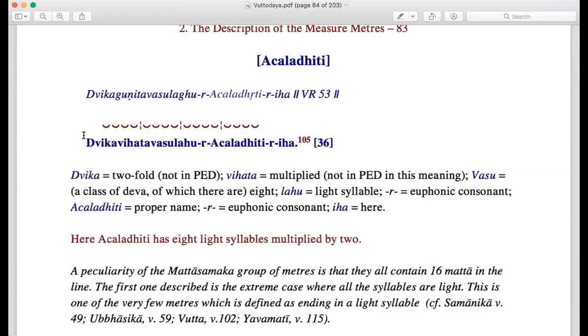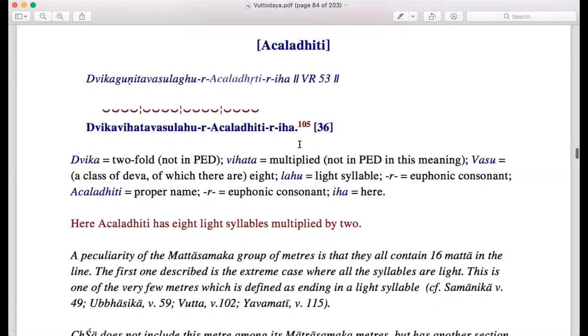So this is a light measure. Dwi, that's the first light measure. K, light. Vi, light. H, light. T, light. You see, Va also light. Su, light. Le, light. Hu, light. Ra also light. Cha, light. La, light. Di, light. Ri, Ti also light. Ri, H, light measure. So all the measures in this verse are light. So if you count all these light measures, there are 16 light measures. So you have to repeat this line 4 times and then the Achaladhiti verse will be there.